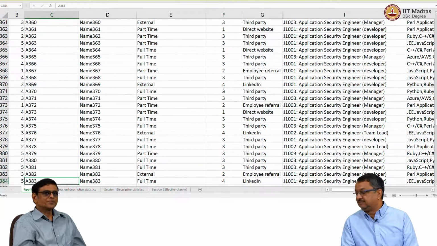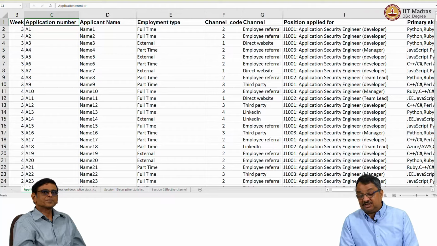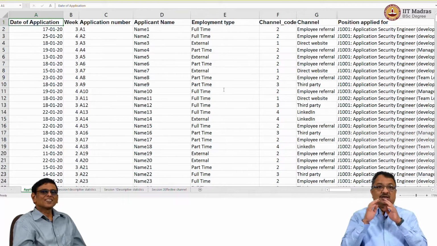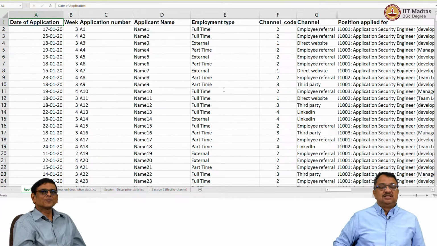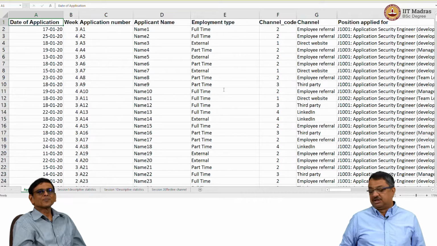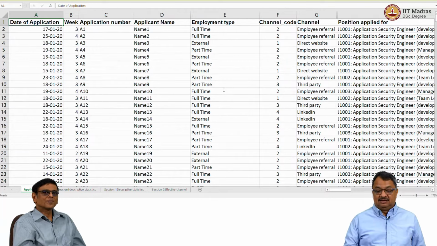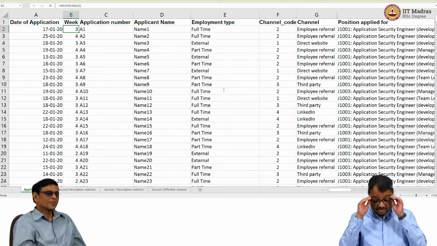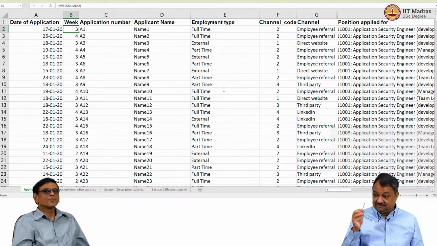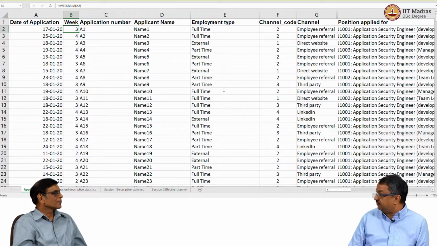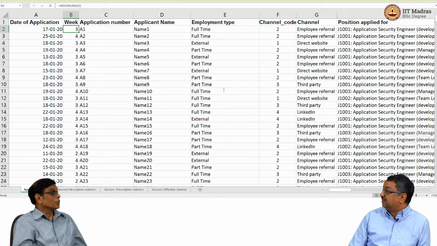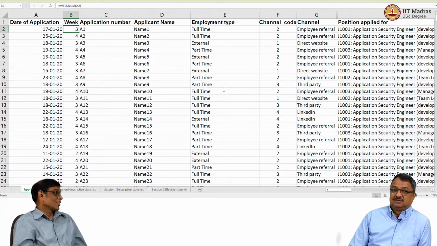Oh my. So that's a lot, right? At least we think it's a lot. We don't know. We'll have to see how much. Okay, whether it's relevant or not. Correct. So now, for each of these, they have the date on which the application was received. And they have also said what the week number is, from the day they began this drive. Week number 3, how many applications did they get? Week number 4. Oh, so you want to see week-wise performance. Correct. It's not enough to just, every week you have to get some decent number of resumes. Correct. Okay.